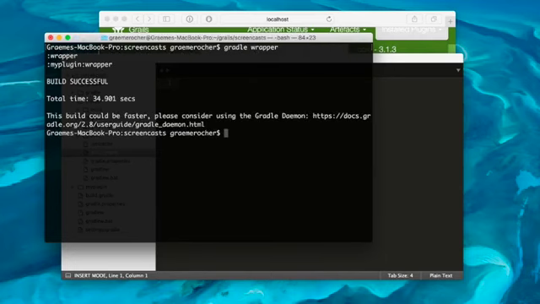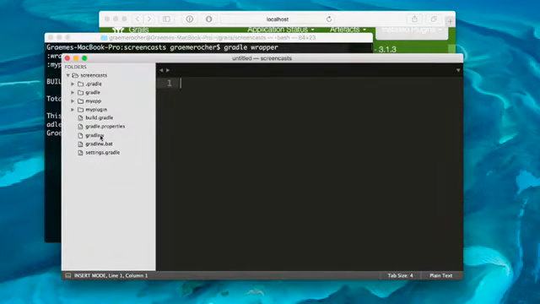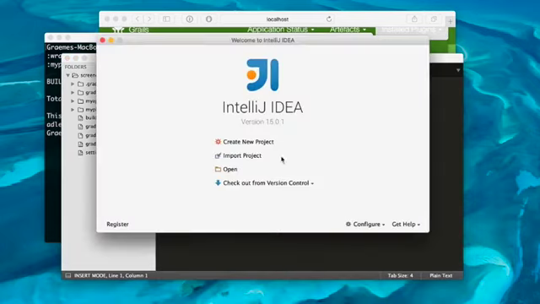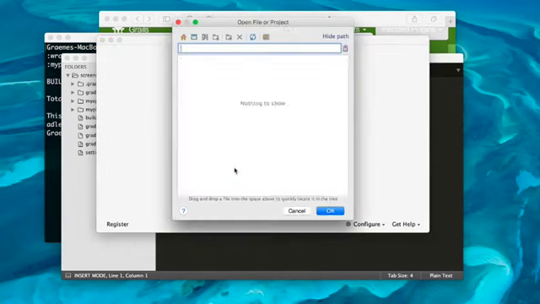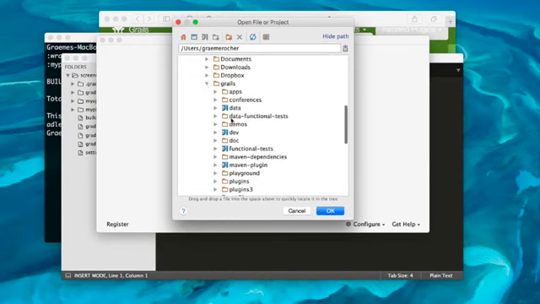So as you can see, the wrapper task has completed, and within the root of my project now we have a gradlew and gradlew.bat. These are then executable from your CI server or from any environment without having to have Gradle installed for building your multi-project build. We can then open up IntelliJ IDEA, clicking the open button, and navigate to our multi-project build,